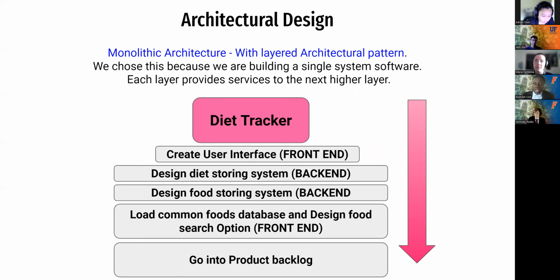Then after that, we're going to work a little bit on the back end to design the diet storing system. When they want to input a meal that they had, we want to create a system where they can input that meal, and that meal would be saved to our backend. We're going to do that for the diet and for foods that they input. And next would be another front end where the user will be able to search up and load up common foods,